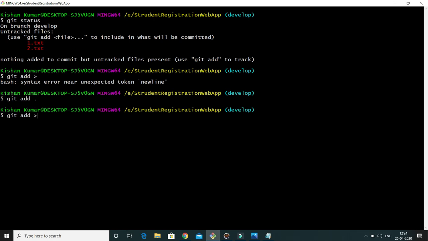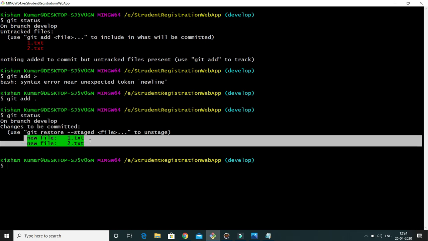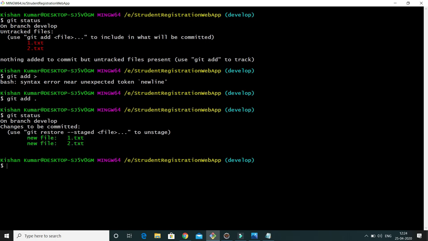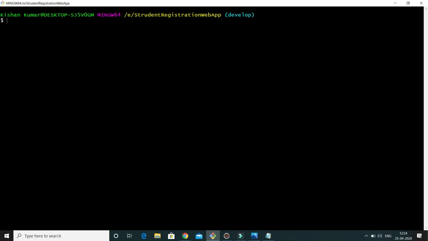After that if I do git status, here you can see both files have been added into the staging area. Now we have to commit these files to add them in the local repository. So I'll say git commit -m, and here the commit message, commit 3. So this has been added into our local repository.